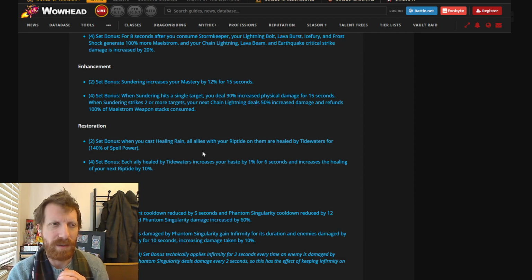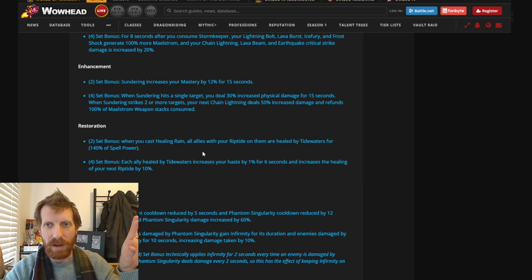You have to triage someone. You just press Healing Surge 2 or 3 times in a row. Your next Healing Rain is automatically worse. What does that mean? Well, just let the other specs triage. Let Holy Priests and let Holy Paladins manage them. Just do your rotation. That's what it will feel like for raiding Resto Shaman,